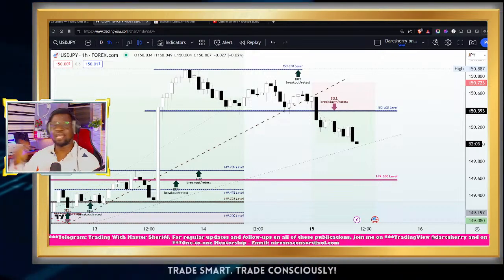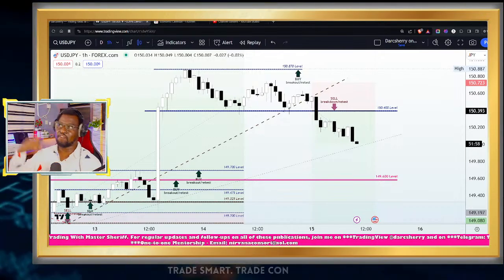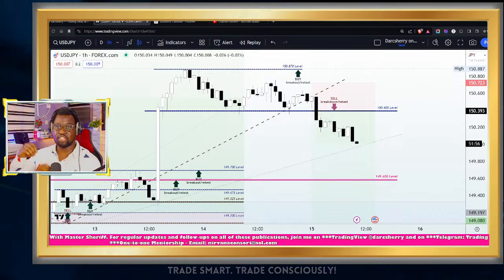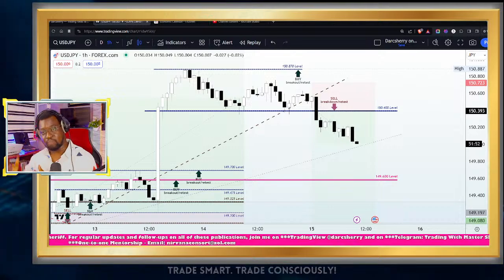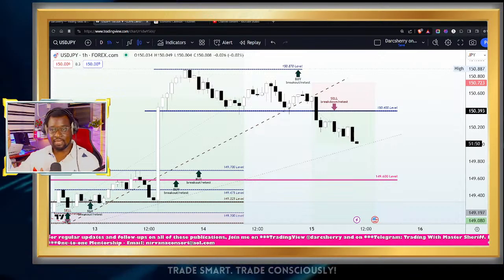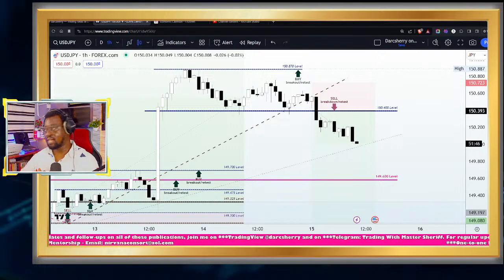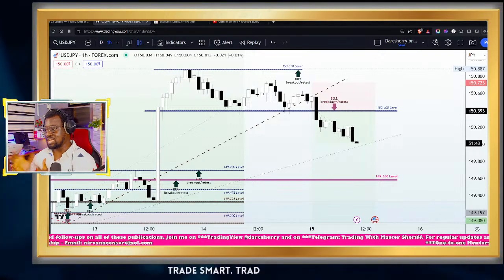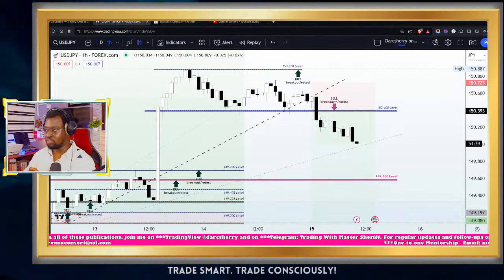Then from a technical standpoint, we all know that when price action makes an impulsive move in a particular direction, at a point in time we would likely see a retracement move in anticipation of the second leg of the momentum. So these are two factors that we are looking at this point in time. Hence we need to be very, very careful to make informed trading decisions.